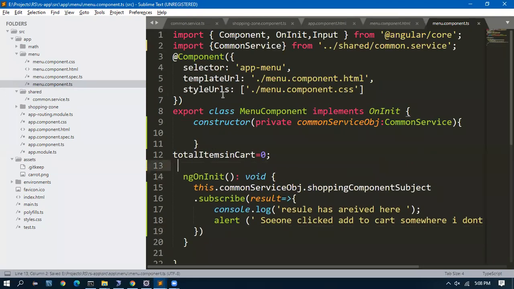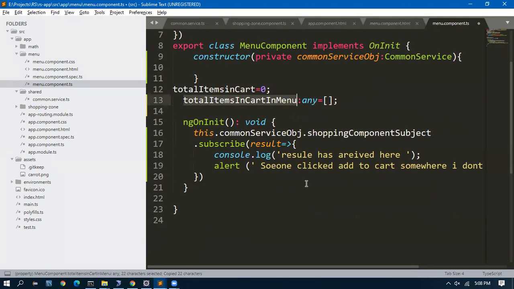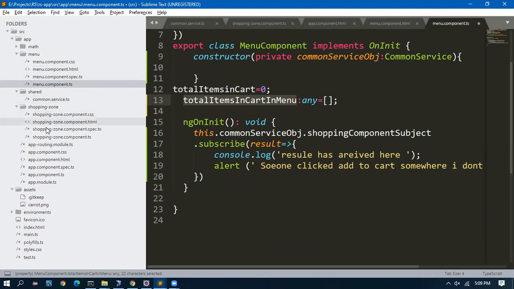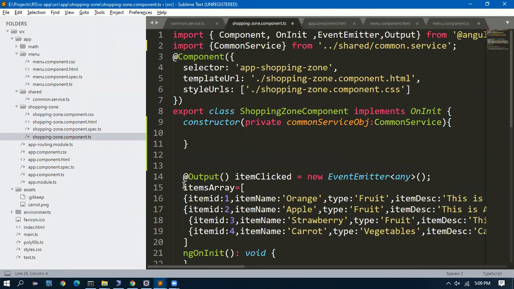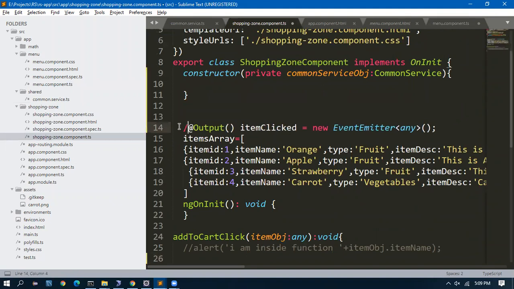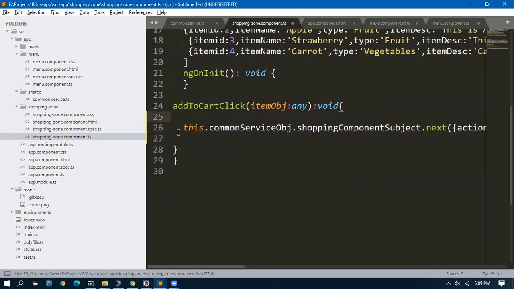I can remove it, but I'll not remove the variable, because I want that variable to be used in the HTML to show the count. I'll go to shopping TS and remove this emitter. Everything I will remove. The code is very clean.